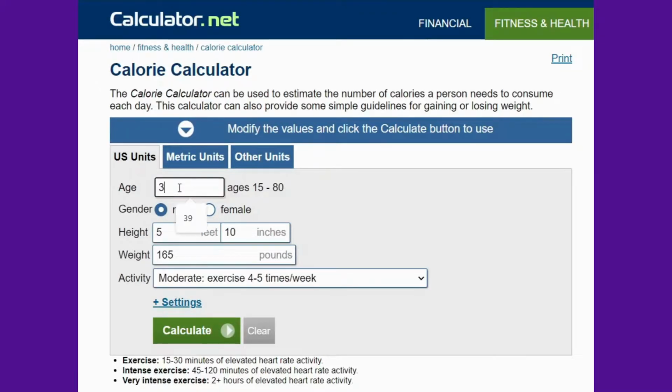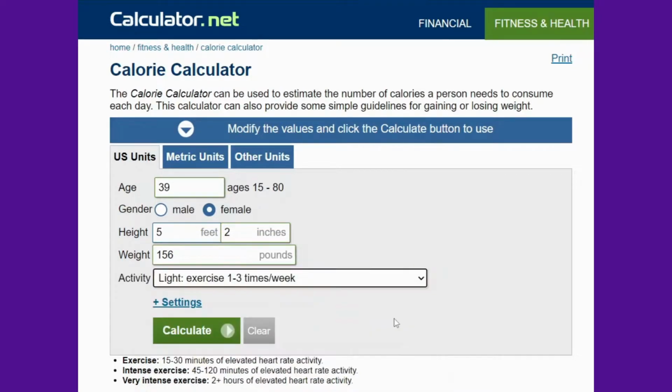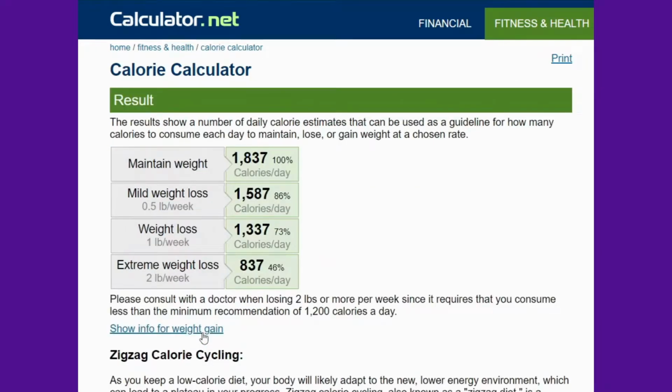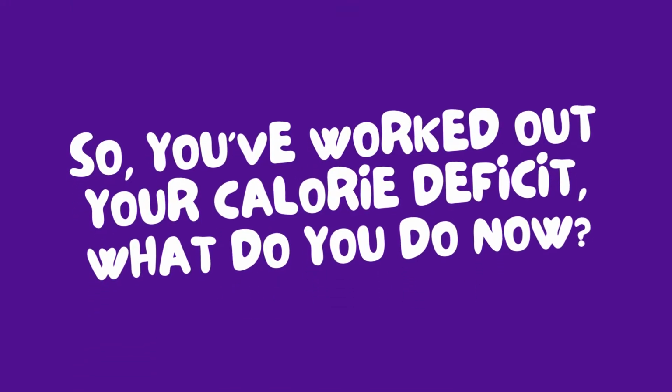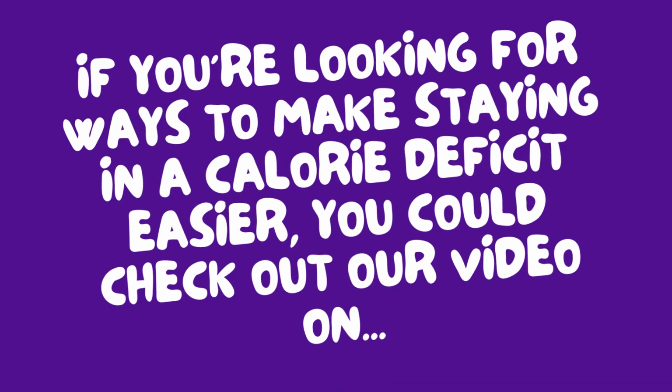If you take a look at the screen, you can see I've provided one of the calorie calculators that I found that provides a really good tool for giving you a figure that you can use to make a start in calculating your calorie deficit and moving forward with your weight loss journey. So now you've worked out your calorie deficit, what do you do now? Well, if you're looking for ways to make staying in a calorie deficit easier, you could check out our video on